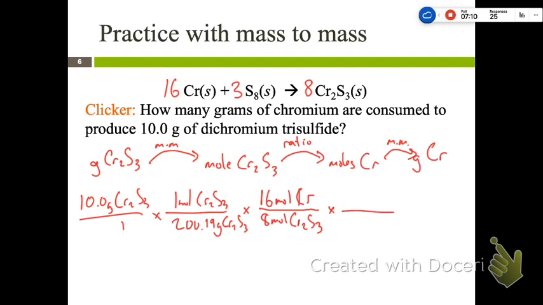And then we can find out how heavy that is, because 1 mole of Cr weighs 51.9961 grams. What value did you find? 5.19 grams of Cr. How does that number look? 5.19 grams of chromium solid. Is that the right ballpark? Yep. Okay. So depending on what these values were that you plugged in, and if your periodic table was the accurate one or slightly less accurate, you get slightly different values.